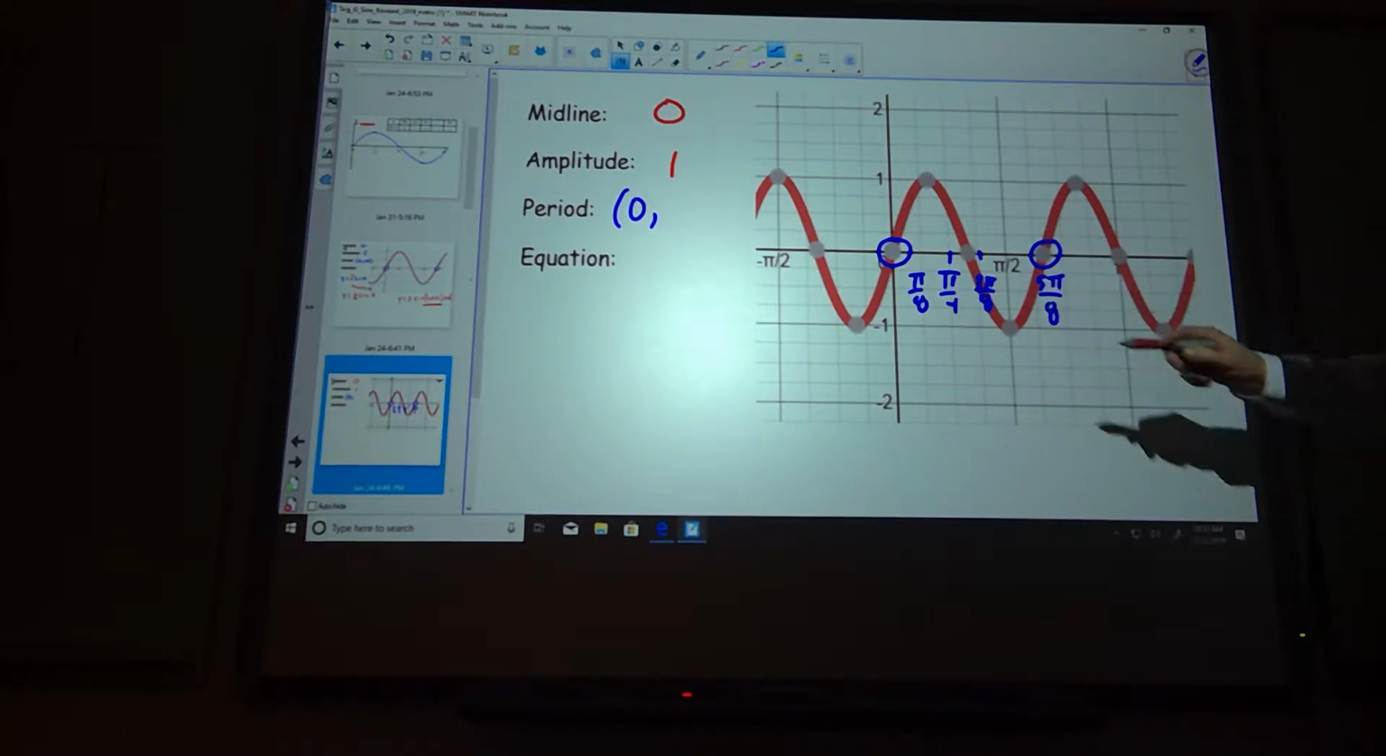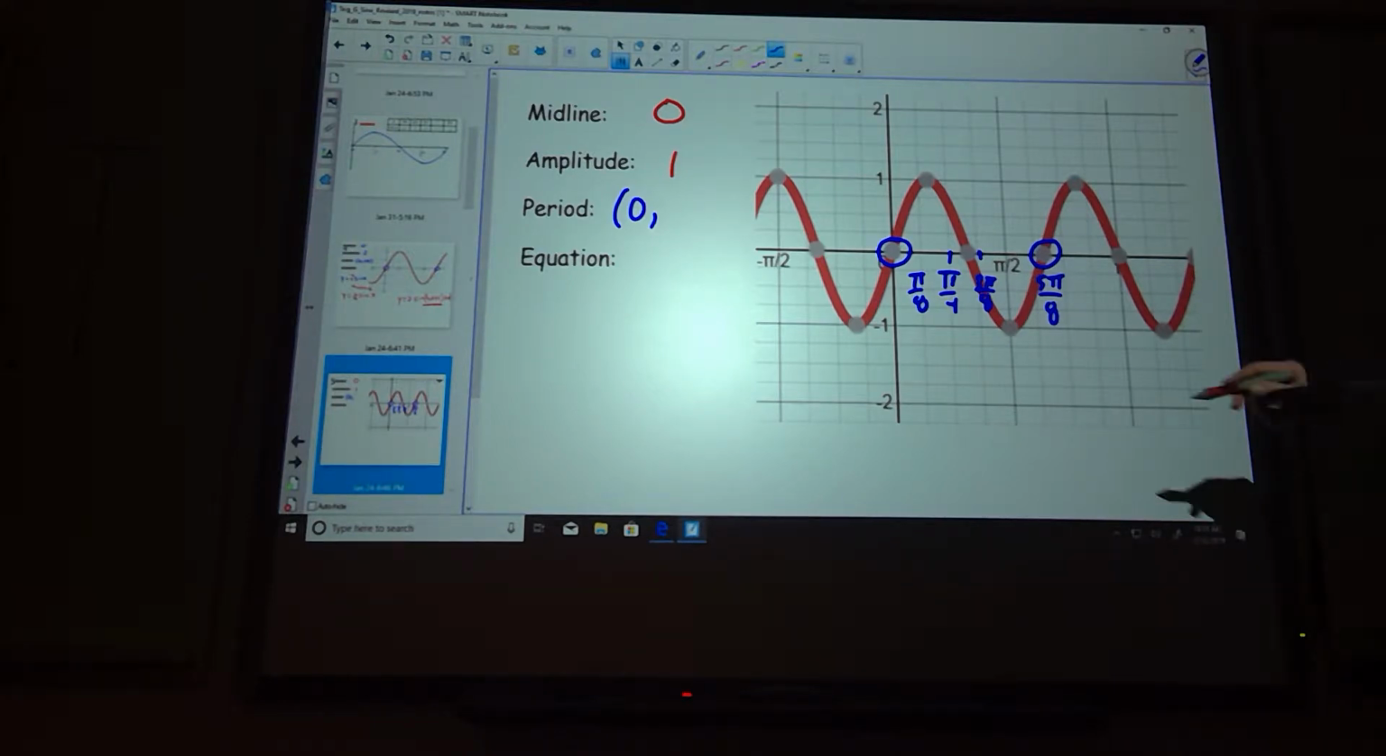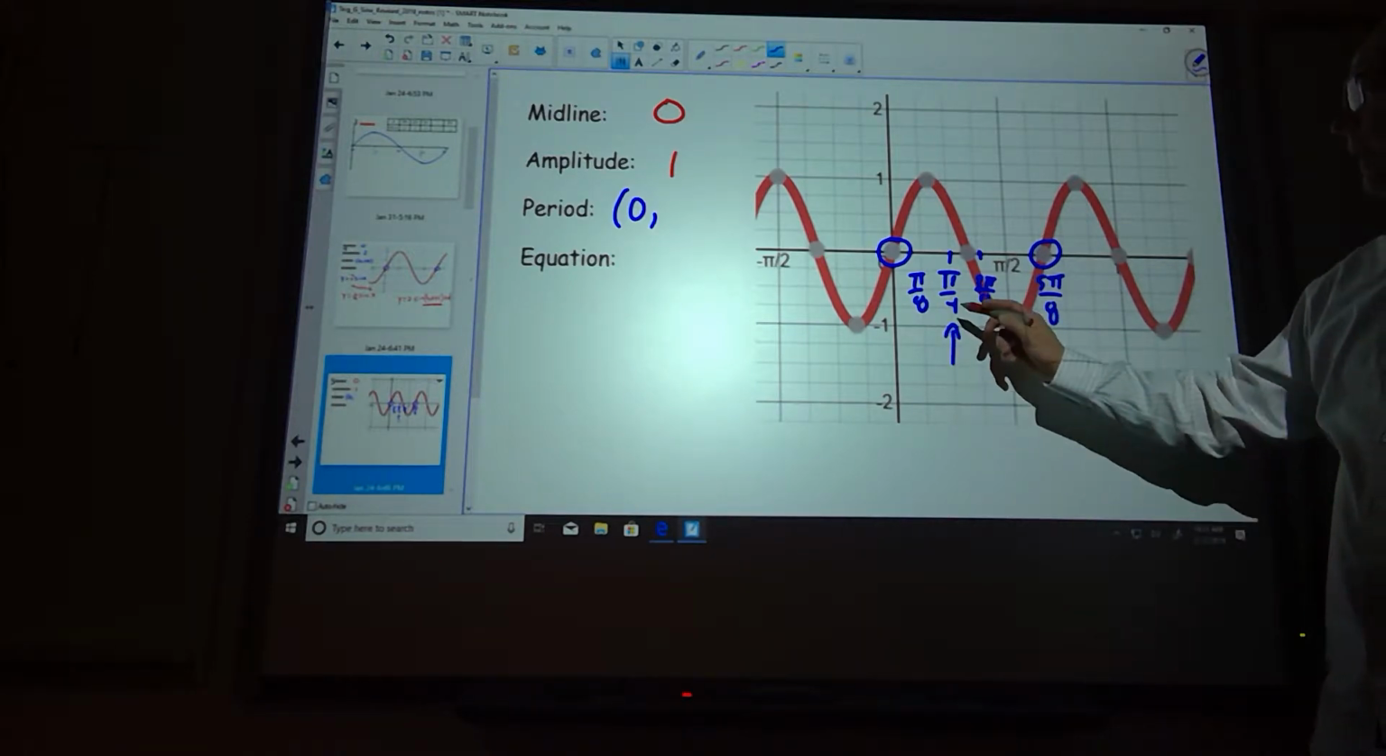Now this is a little harder to start fathoming, but think about it. If I get my common denominator being 8s, this is where I would have had,